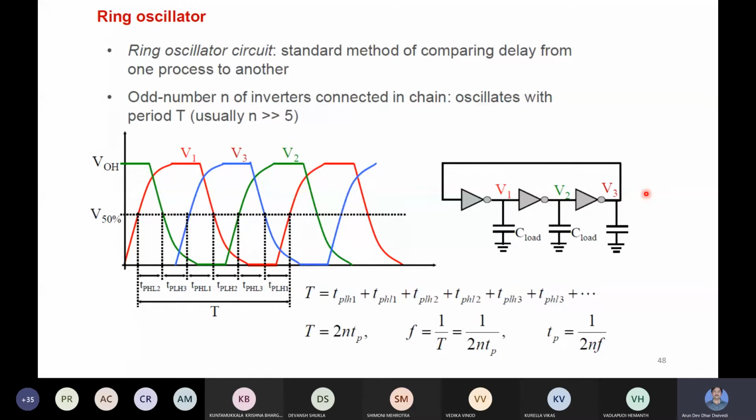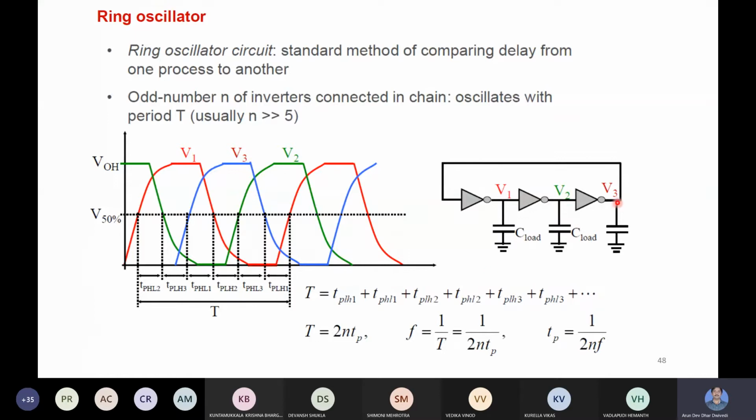So the ring oscillator, now we understand, this is the ring oscillator. Here in this stage also some load is there. Here also a similar load we are considering. All internal capacitances come into this: internal, interconnect and other capacitances. Suppose this inverter has some internal capacitance, some interconnect capacitance, some gate capacitance of this stage, next stage also. So all is included in this C load. C load is including all, and here also C load is including all, and here also.